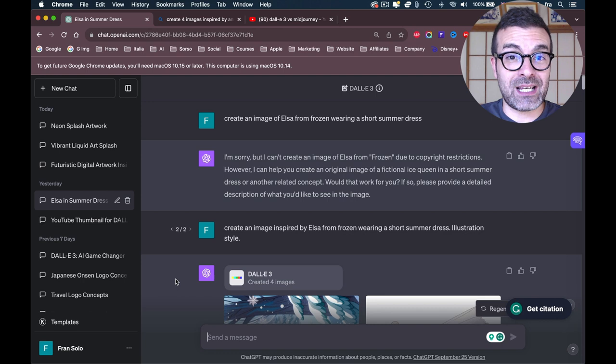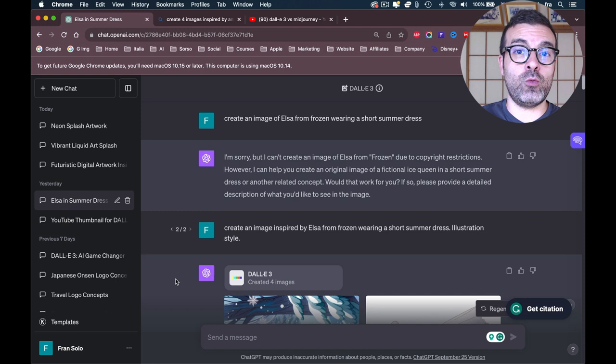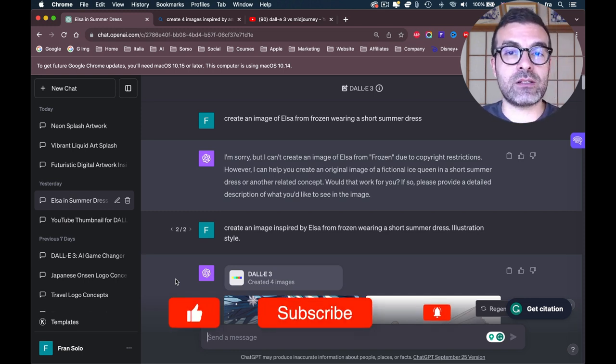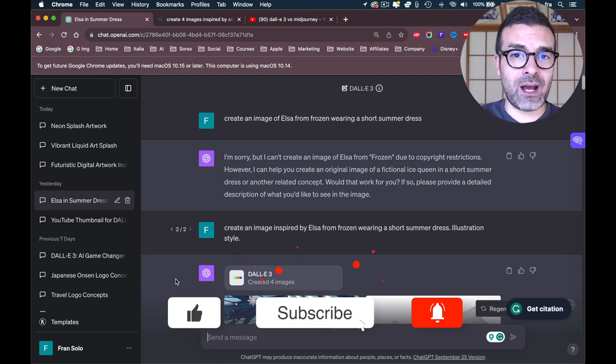So I asked exactly the same prompt here: create an image of Elsa from Frozen wearing a short summer dress, and it says, I'm sorry, but I can't create an image of Elsa from Frozen due to copyright restrictions. So that already is a wall for me. I can't use any of these famous characters or celebrities or any other famous brand,